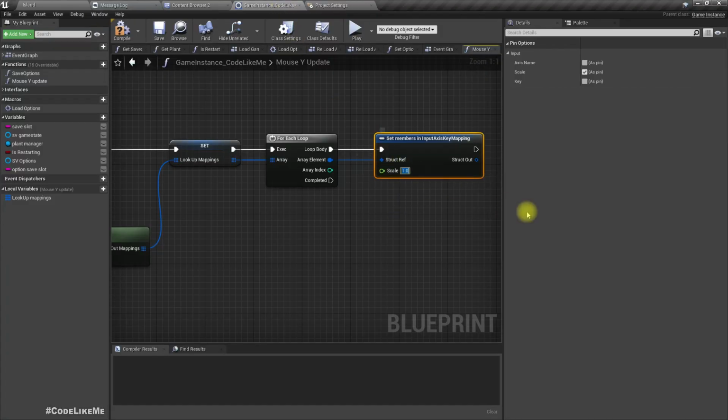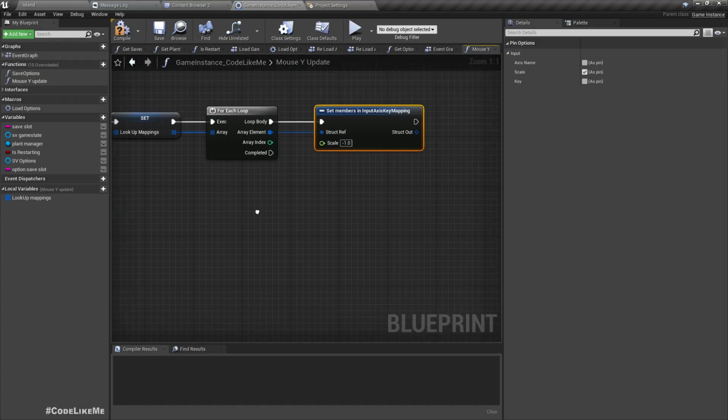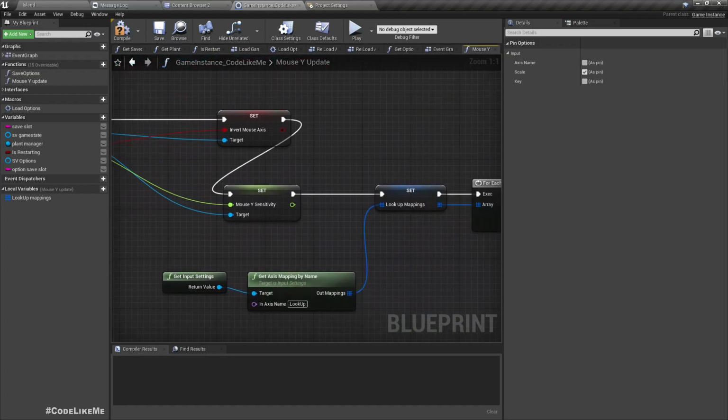So this scale, if this is in the normal mode, that means if the mouse is not inverted, this should be -1. That's what we have by default. When we move the mouse forward it looks up, when we move the mouse backward it looks down. That's what happens at the moment. But if we need to invert,